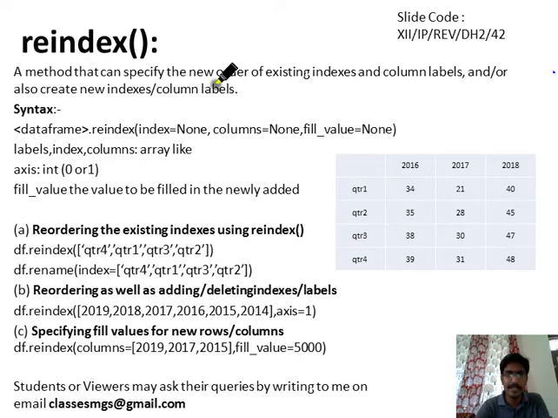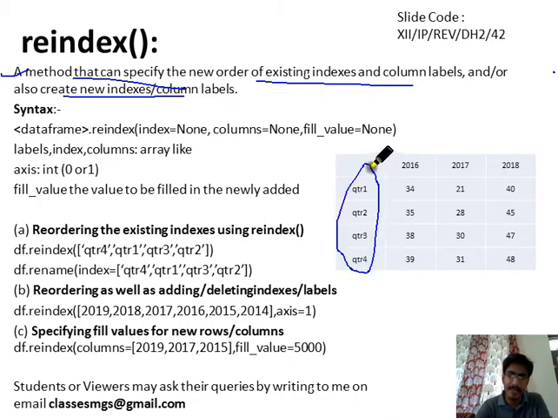Okay, now we will see the reindex function. We have discussed the sort_index function in the last lecture. In a similar way the reindex function also works. What it will do is reindex our data frame as per the arguments passed into the reindex function.